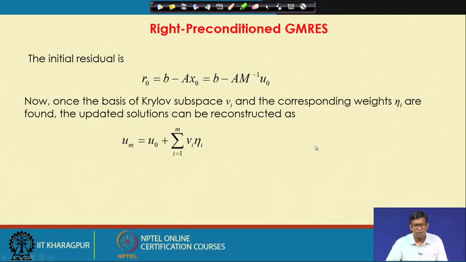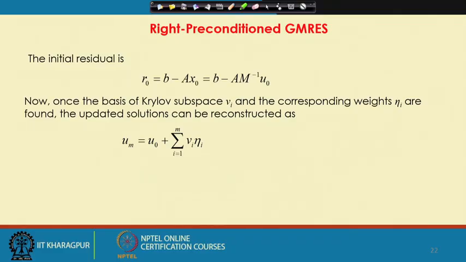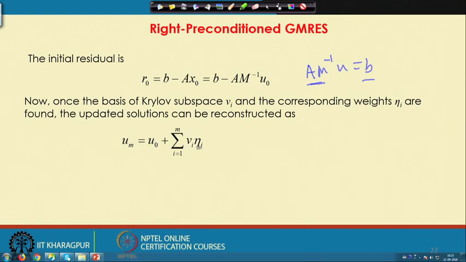Now, once we get all the basis of the Krylov subspace and the corresponding weights eta i, we can find out the final solution of the equation A M inverse u is equal to b. So, once we find out all the basis of the Krylov subspace of A M inverse and the corresponding weights,